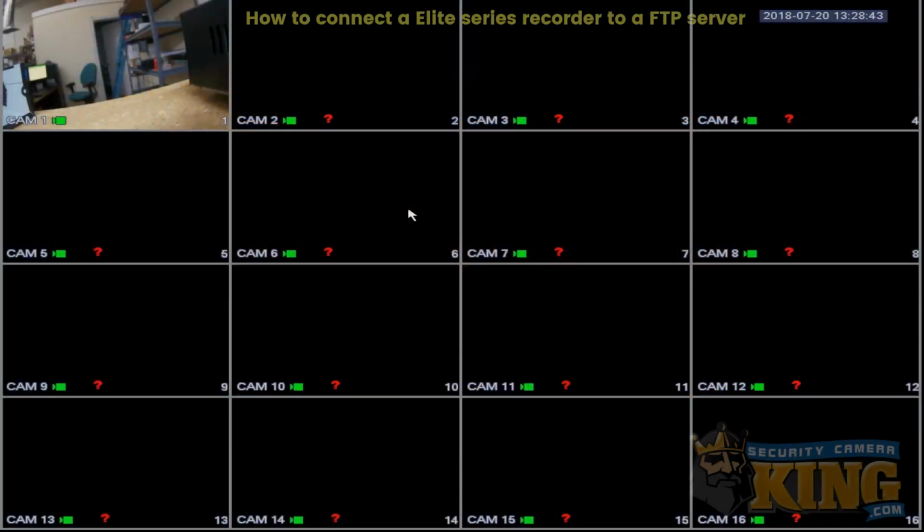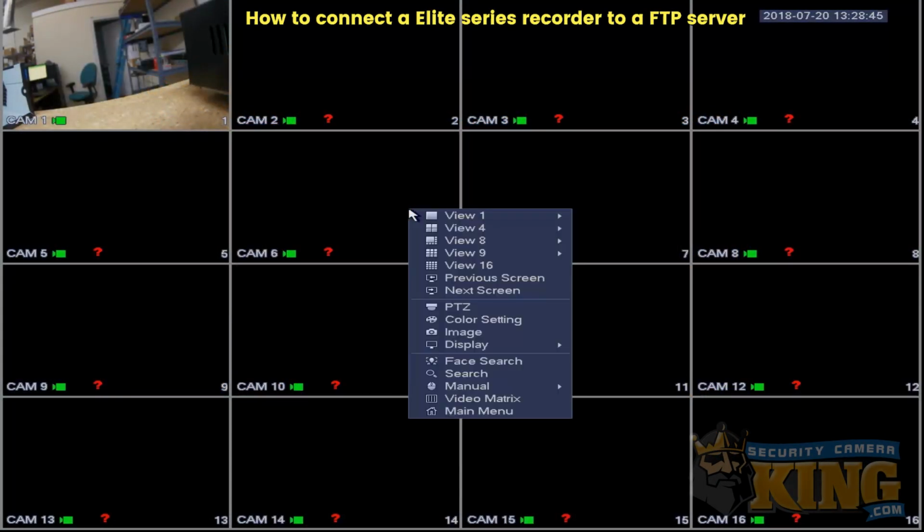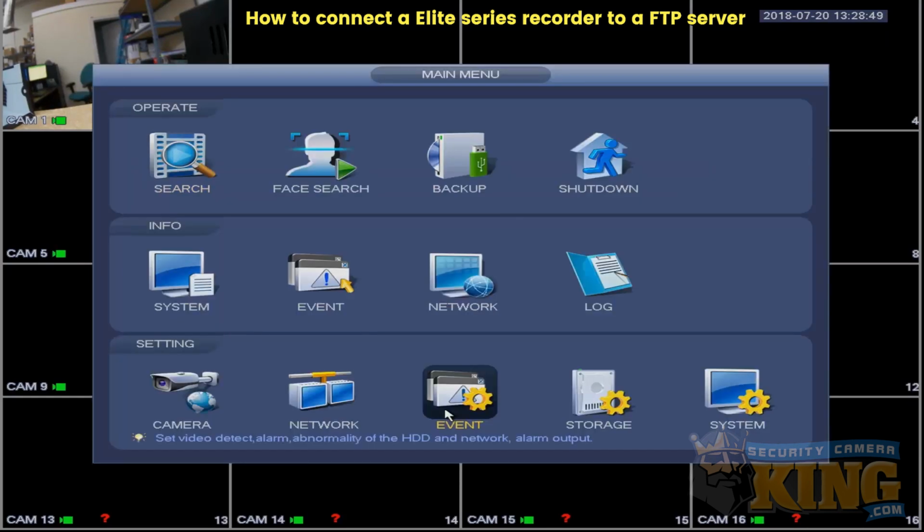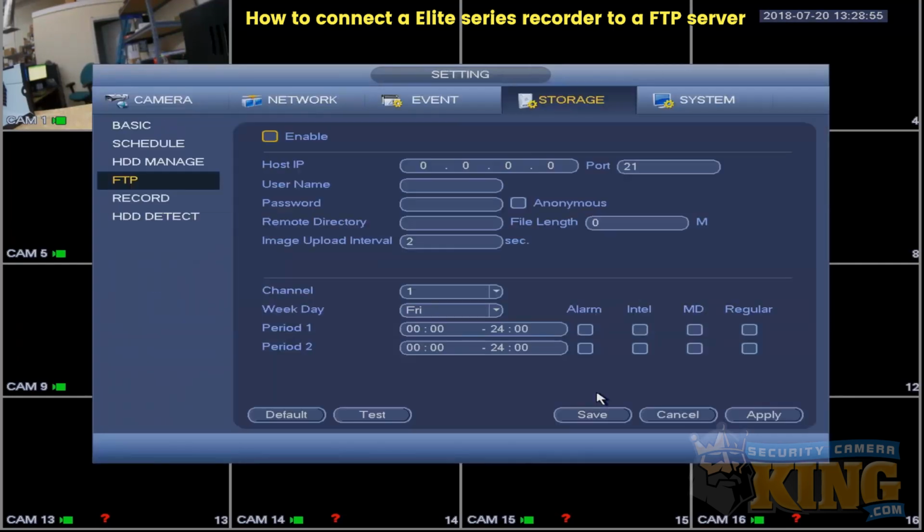Now that we have our passive FTP server set up, we can then go ahead and add a recorder to it. In this example, we're at the local interface of an Elite Series recorder. We'll go ahead and select the storage settings, then go to FTP,